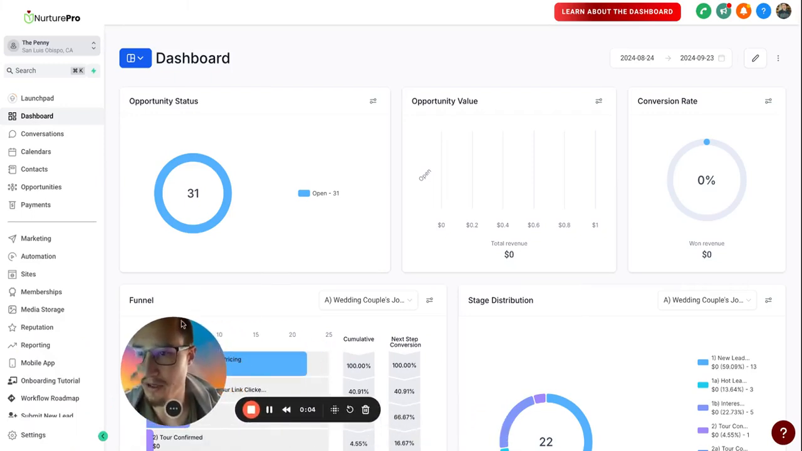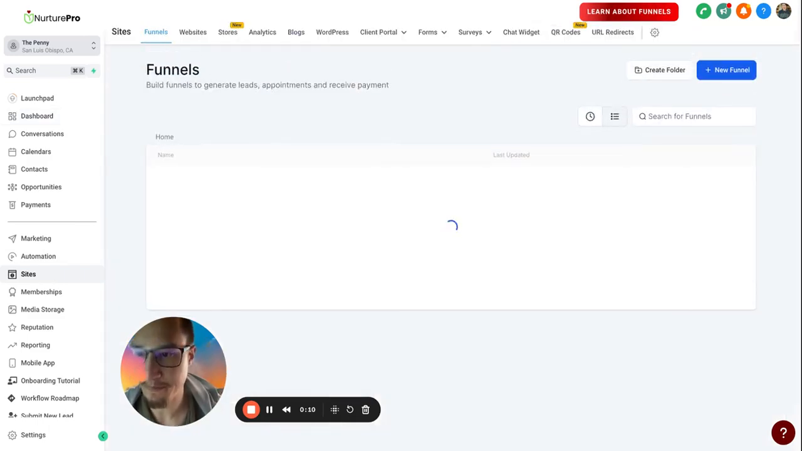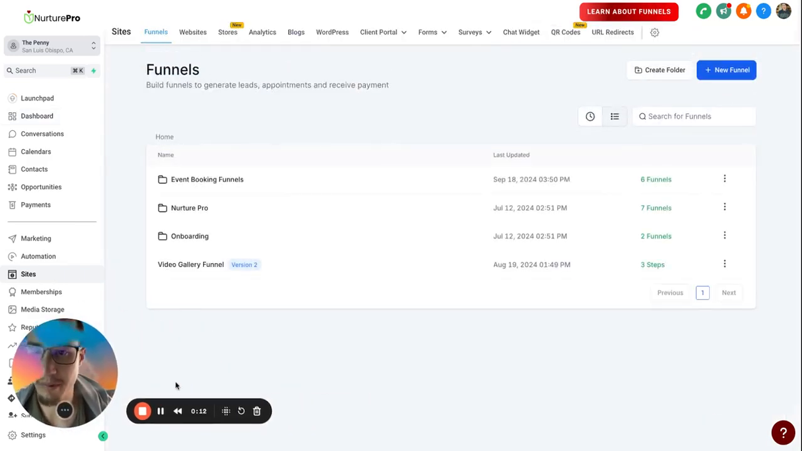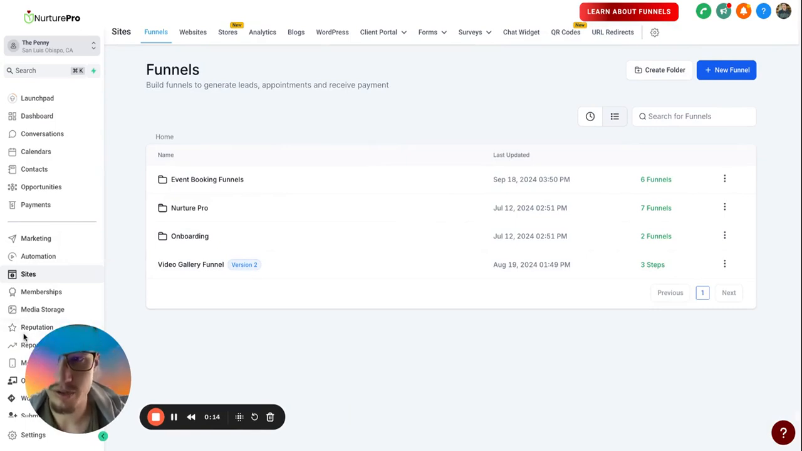Just wanted to hop in here and show you how to make fields required on any of your forms or surveys. So here we're trying to update the event date question to make it mandatory or required. So what we're going to want to do is come into our